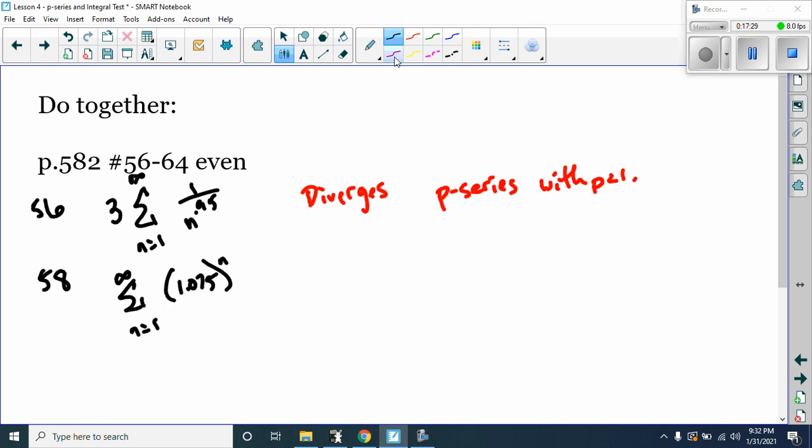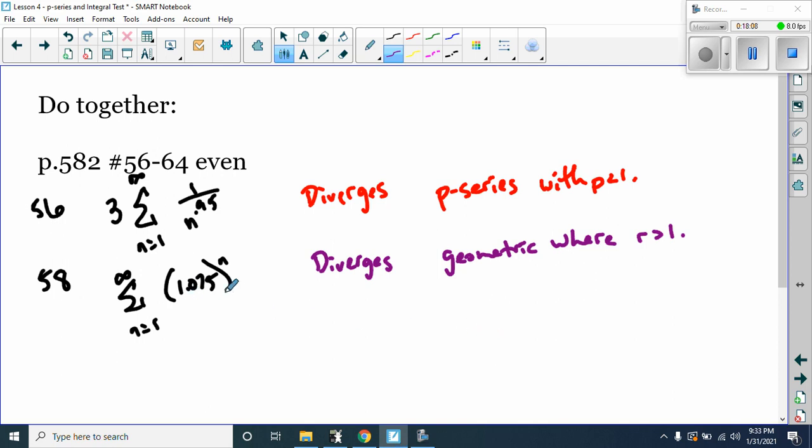Couple different ways you could do this. The first: if I have a number to the exponent, that means I'm going to take the previous term and always multiply times 1.075 over and over again. So this is a geometric series, and our r value, the value that we're raising to an exponent, the value we're multiplying by over and over and over again, is greater than 1. Therefore, it diverges. It is a geometric series where the common ratio is greater than